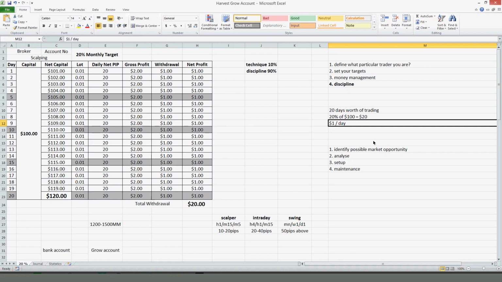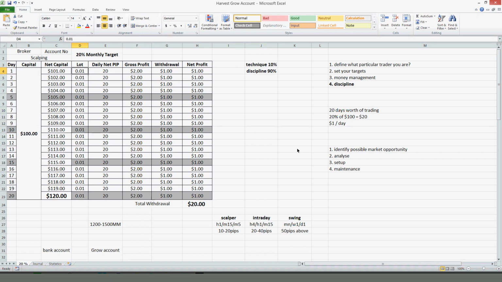However, it's a much more achievable goal and lesser risk in terms of how it will affect you mentally and psychologically when you push yourself to achieve a bigger goal. So if you set yourself up for a much more achievable goal, then inshallah it's much easier for you to achieve. According to this plan, I have $100 and I will only use